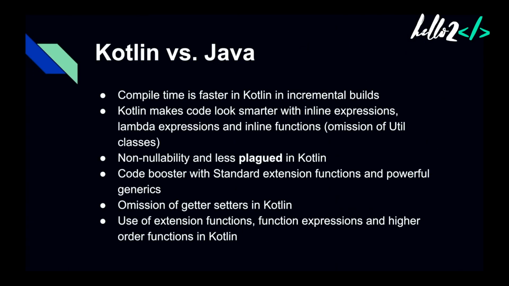So coming back to our presentation, we have already seen how extension functions work. Now there are a lot of standard extension functions in Kotlin which give an abundant amount of power to the developer. We'll be going through each and every one of those in the videos to follow. While we generate POJO classes in Java, we have to separately generate the getters and the setters. We have to write code for that. But in Kotlin, that is actually not required. Those redundant things happen under the hood, and the Kotlin compiler takes care of it. We don't have to worry about that.